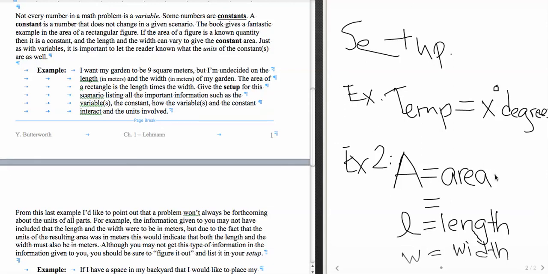Now the area in this is equal to 9, and we're going to use meters squared here. And so you notice that's how we get the units in there. Now the area we're also told is equal to the length times the width here. And our length, we're going to say in meters, and our width in meters as well. And that is going to define everything that we need to know in this problem. So this, the area, which is a